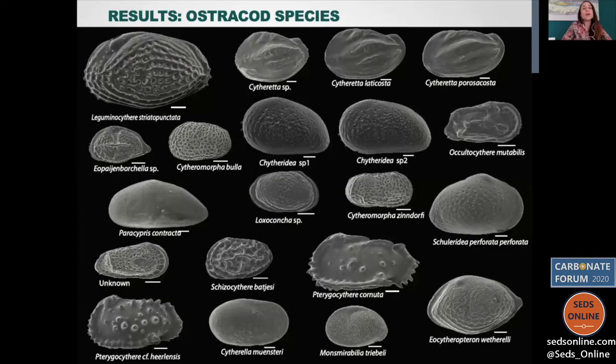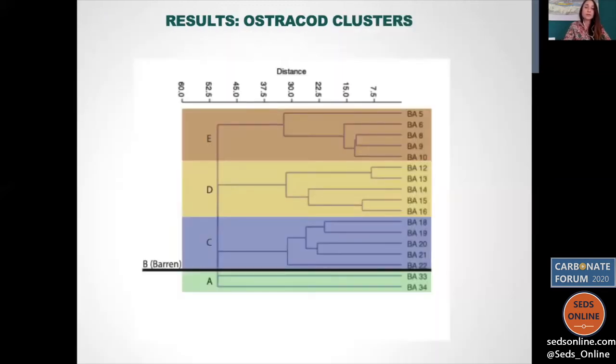A total of 20 species belonging to 17 genera of ostracods have been recognized. Most of those species are endemic and extinct, so it's hard to know their ecological preference. However, comparing those analyses with geochemical ones allowed us to understand our paleoenvironment better. The ostracod data have been analyzed using a cluster analysis, and 4 different ostracod assemblages plus a barren event have been